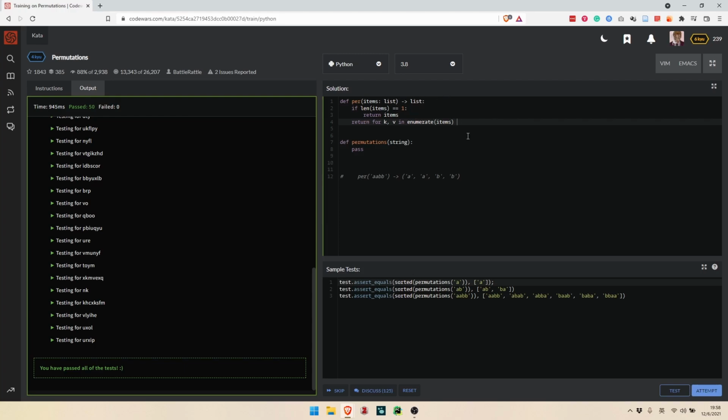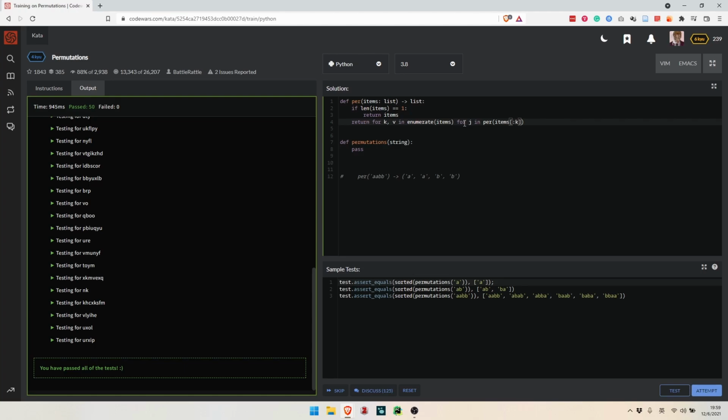All right, so we take an element out with its index number and its value. All right, what do we do next? Let's say we generate the permutations of the rest of the elements. So we can write it like these items